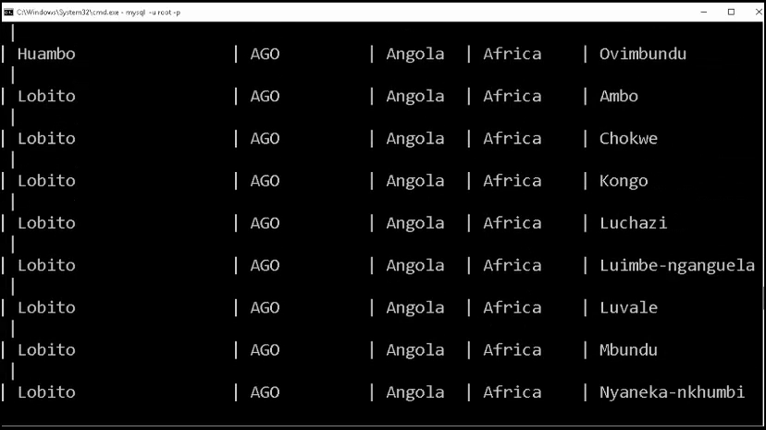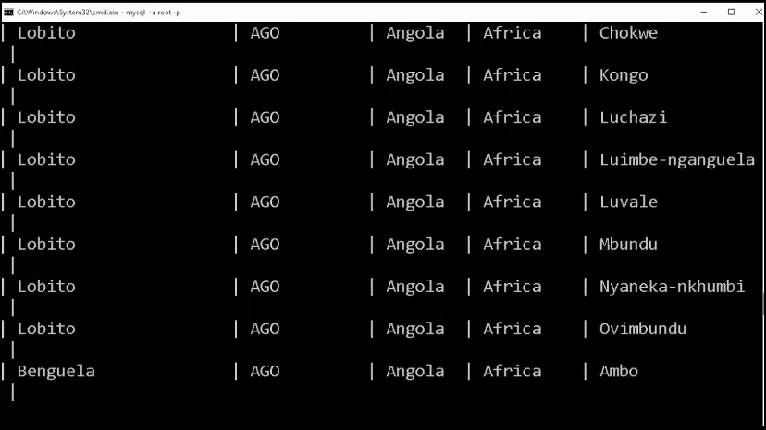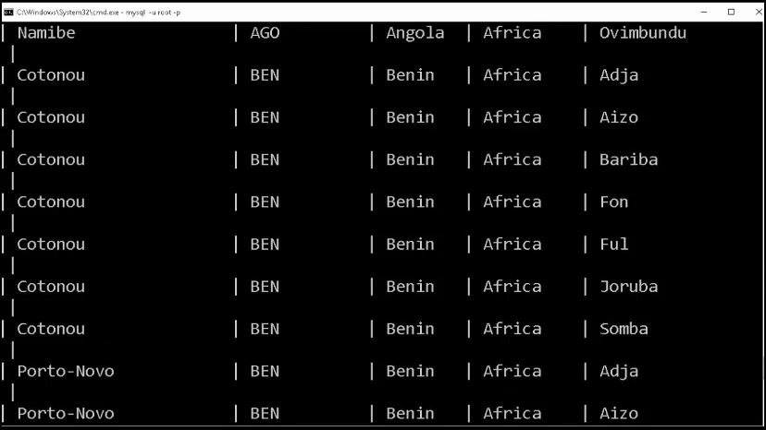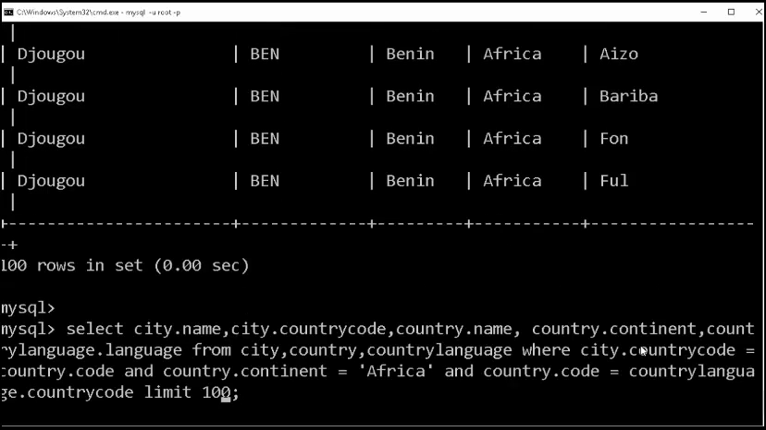So this is another one, Loboto in Angola. And they also have Ambo, Chokwe, Congo. So the same, wow. Let's go to another country. Benin. Benin is just across the border, right? So according to this, Benin has Aja, Aizo, Bariba, Fon, Full, Yoruba, Sumba. Wow, okay. We have a lot of language. When you go to say Casamance, they don't